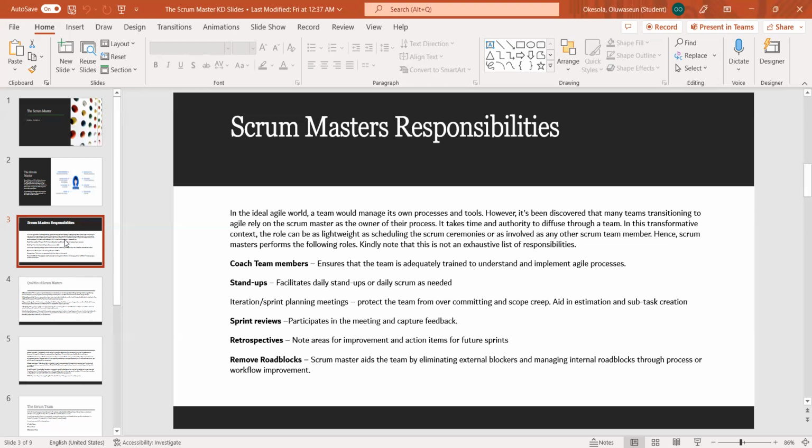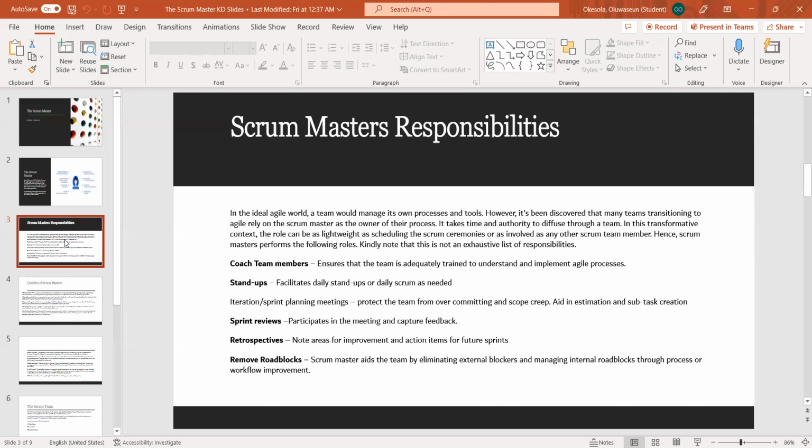Retrospective basically happens after the sprint review, right? So a sprint has ended and there is a retro. The team gathers together and they want to review how well they've done in the previous sprint: what they were able to do well, what they could have done better, and the kind of lessons they are taking into the next sprint. So they talk about it. And so it's the duty and responsibility of the Scrum Master to also facilitate this particular ceremony.